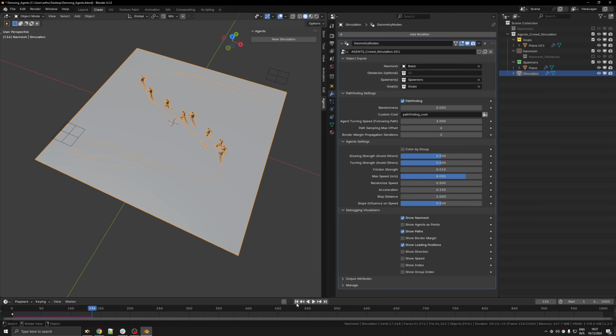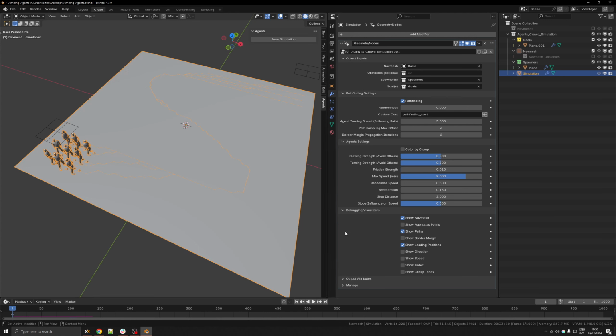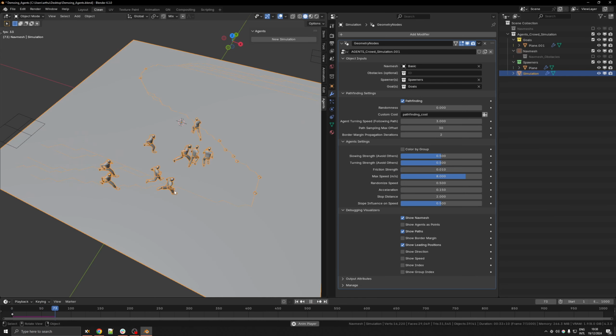So to clarify what these are, basically the agents don't really follow the path, they follow points that themselves follow the path. How far this point is from the agents will define the behavior of the path following. So if this point is really far away, so I'm going to increase the offset by a lot, the agents will cut corners and they will go through obstacles, but this will tend to smooth out the path a